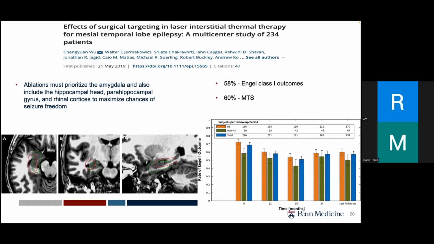So when you look at the picture to the left, they've highlighted 2 different regions. One is a theoretically favorable ablation, which is shown in the green, and an unfavorable ablation, which is shown in the red circle. Both ablations are roughly the same volume, but they are located and oriented differently within the mesial temporal structures. And clearly, the one in the green was more of a favorable ablation involving the amygdala, hippocampus, parahippocampal gyrus, and the entorhinal cortices.